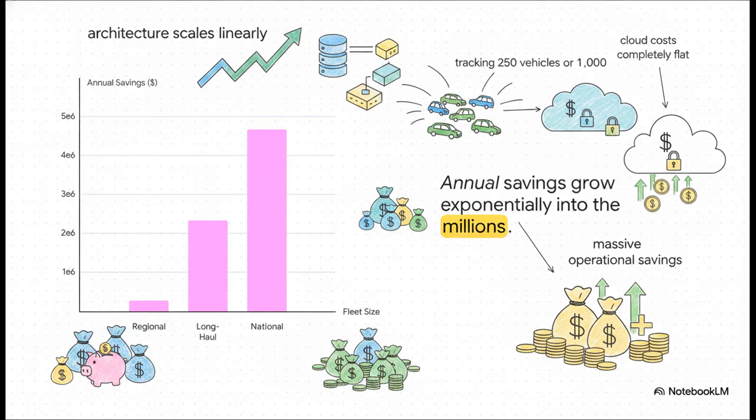Whether you're tracking 250 vehicles or 1,000, your database doesn't need to be totally re-engineered. But the financial savings grow exponentially into the millions. For a regional fleet of just 250 vehicles, proper time series tracking yields about $280,000 in annual savings. Scale that up to a national fleet of 1,000 vehicles. And because our cardinality and retention strategies keep cloud costs completely flat, the business pockets a massive $4.68 million in